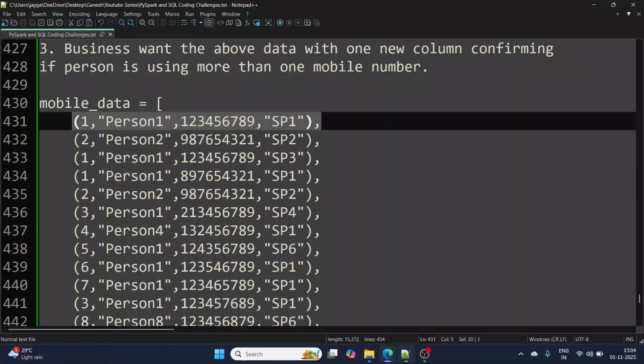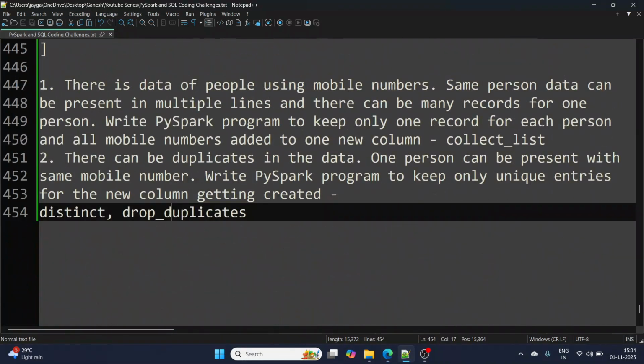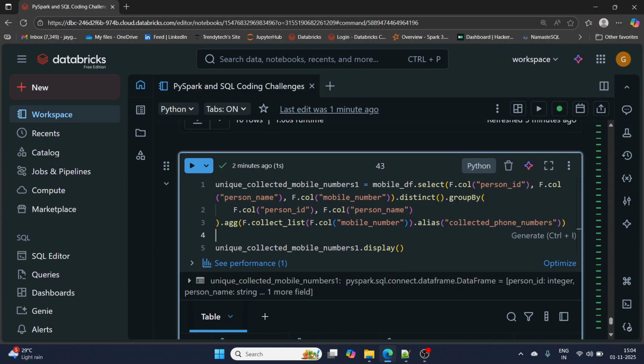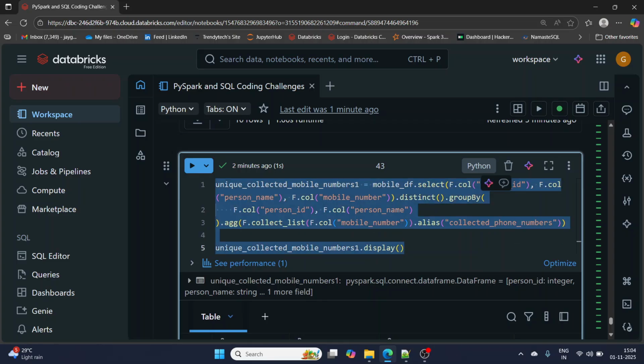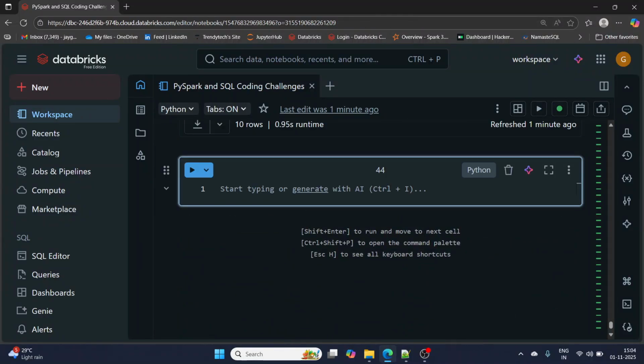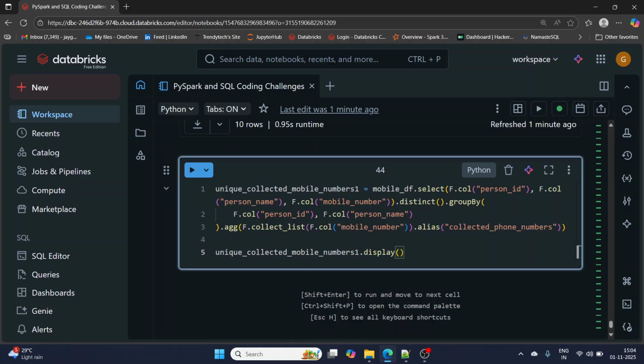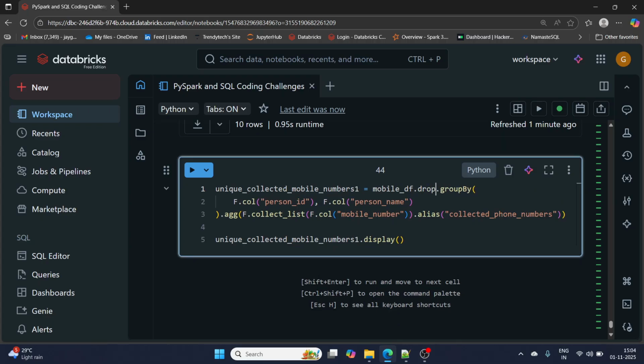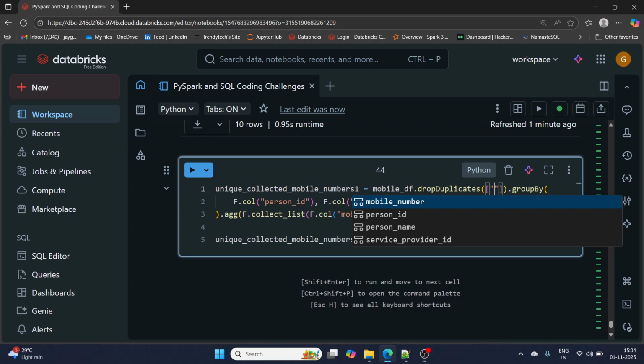Now there is the next option, you all know, we have the drop duplicates part, right? Where we don't need to apply select. We can directly drop duplicates and select the columns based on which I want to drop the duplicates. So just to avoid the double transformation I am doing, I'll just remove this select. I'll put drop duplicates, right? And then the column names.